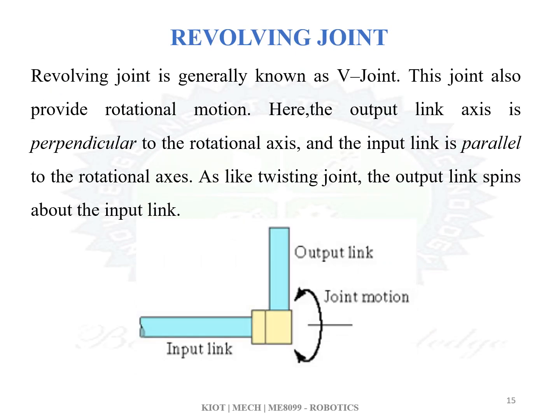Next one, revolving joint. I think a small mistake happened somewhere here. I'll clarify; it should be capital R, or something else. I'll check it out. Revolving joint: here I said the main difference between the rotational motion and the revolving motion. The output link axis is perpendicular to the rotational axis.